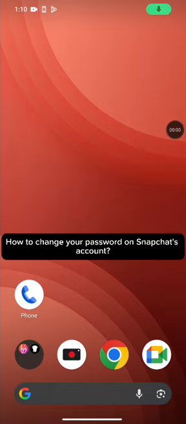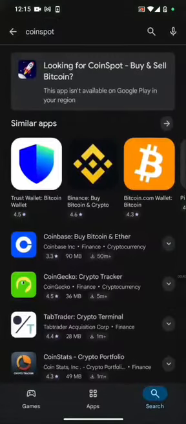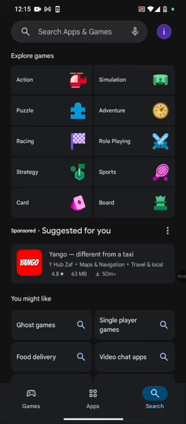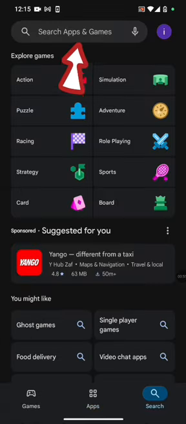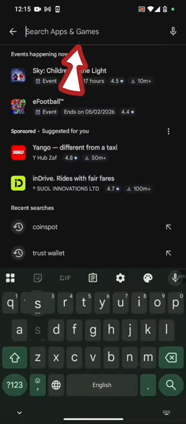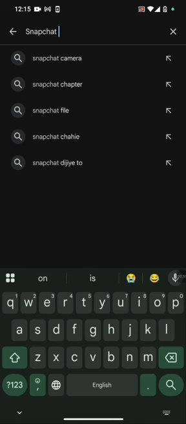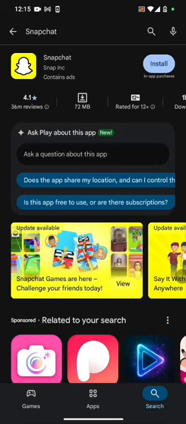To download your Snapchat application on your Android device, firstly go ahead and open your Play Store. The home page of Play Store will be displayed on the screen. Click on the search icon at the bottom right corner of the page. In the search box at the top, type in Snapchat and make a search. You're going to see the search results displayed on the screen. Tap on the application. Now to download the application, click on the Install button right next to the application to begin